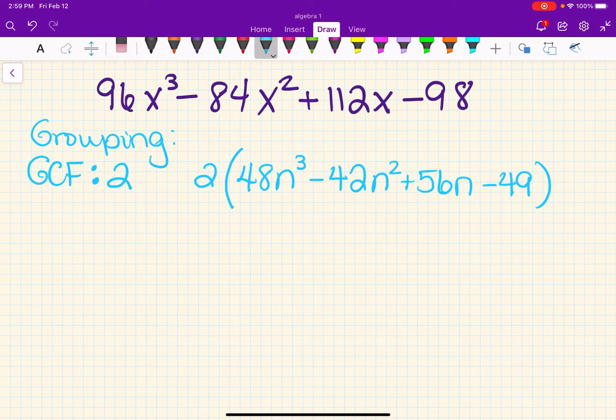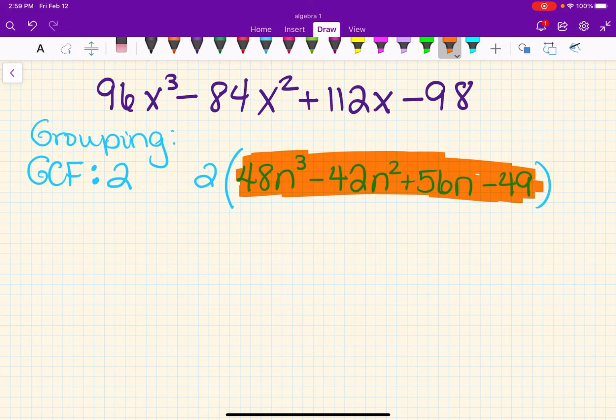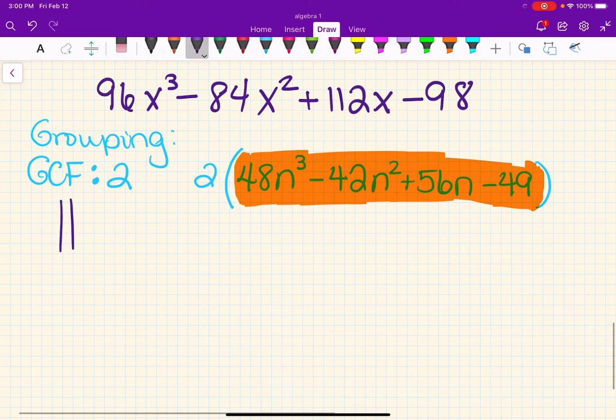And now to make our life easier, we're going to just work with this polynomial. So once you've GCF'd it, taken out the greatest common factor, then you stick with the new polynomial that you've just created by undistributing that 2, factoring out that 2, okay? So this is what we're going to work with in our grouping. All right, next step is to look for ABC. Well, we already have an ABCD, so we don't need to do that, which means I have 4, so I can skip right on down to grouping